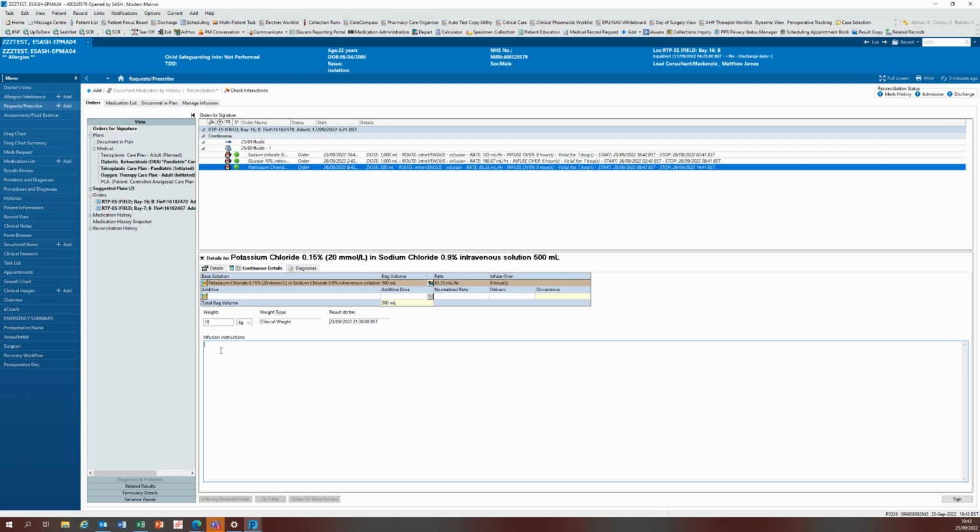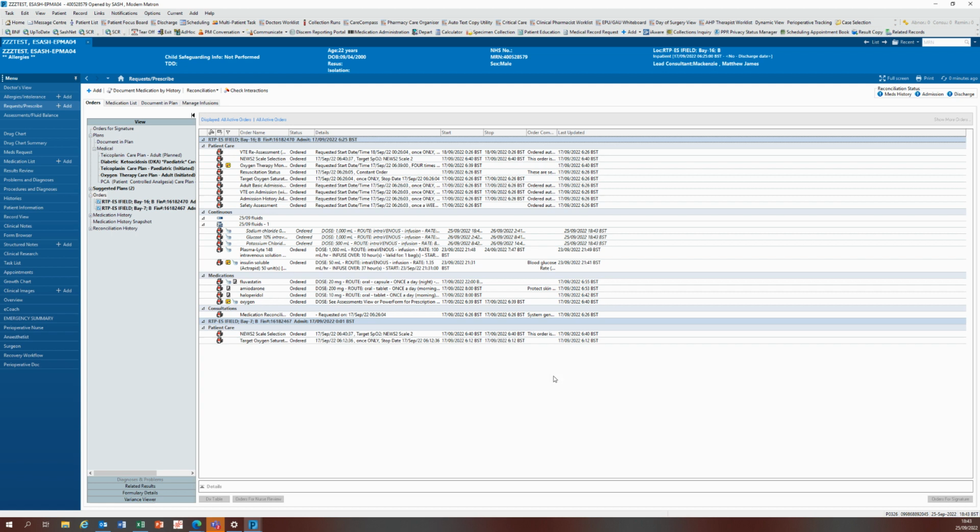You can also use the infusions instructions box to type out any information that you wish the nurse to see as part of the administration. And if there is a weight in the system, it will also pull through to this weight banner bar. That will only happen if the weight was recorded in the last 2 weeks, because as a safety mitigation, we don't want to be pulling through old weights which may not be accurate at the point of admission. So when you've got the correct sequence, you press sign